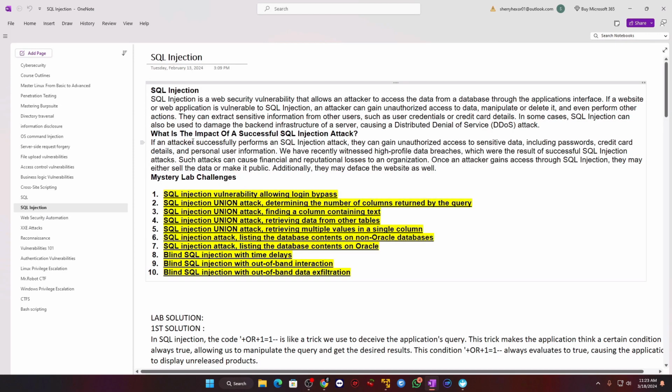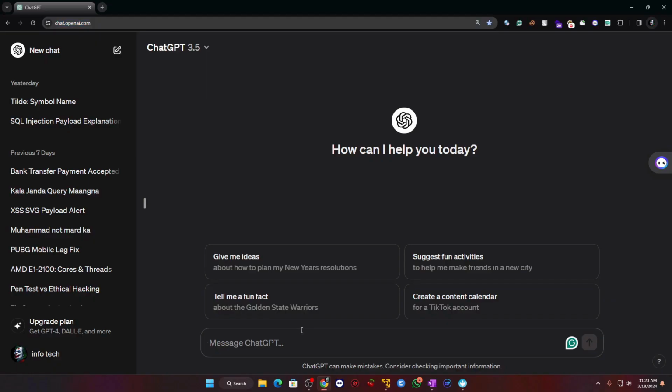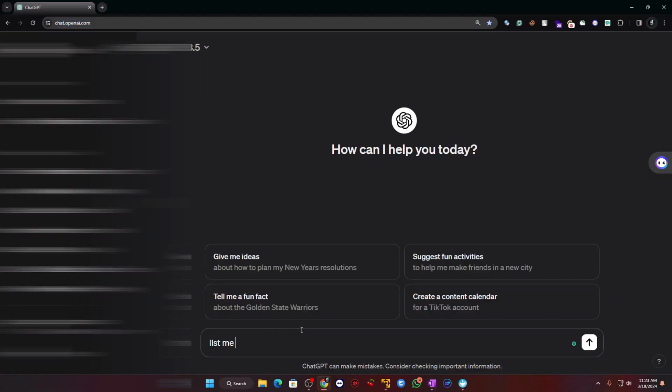Like, we will collect all of the learning and put it together in one lab. So basically we have the lab: SQL injection attack, listing the database content on a non-Oracle database. Well, we have two kinds of databases, Oracle-based and non-Oracle-based databases. If I go to ChatGPT and ask it to list me the